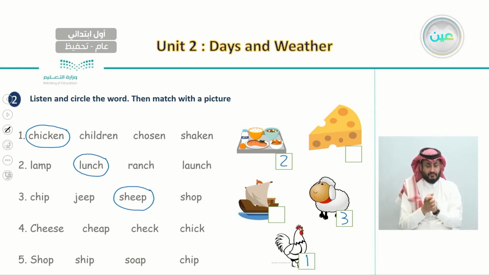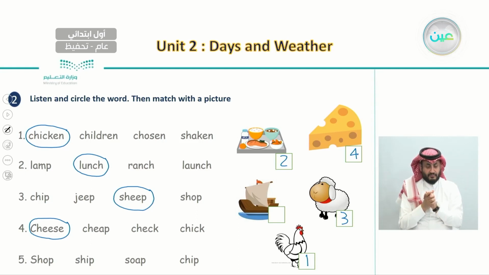The fourth word is cheese. Cheese. And where can we find the word cheese? It is the first one. So here we make a circle and we go to the picture of a cheese and then we write number four. Now this will leave us with the last word, number five, which is